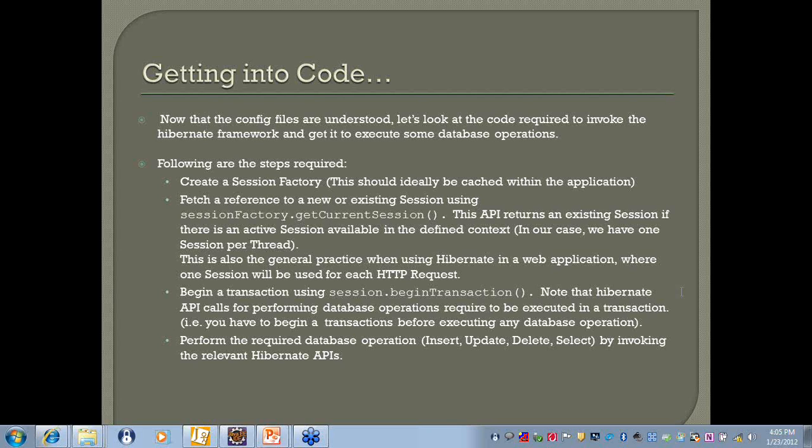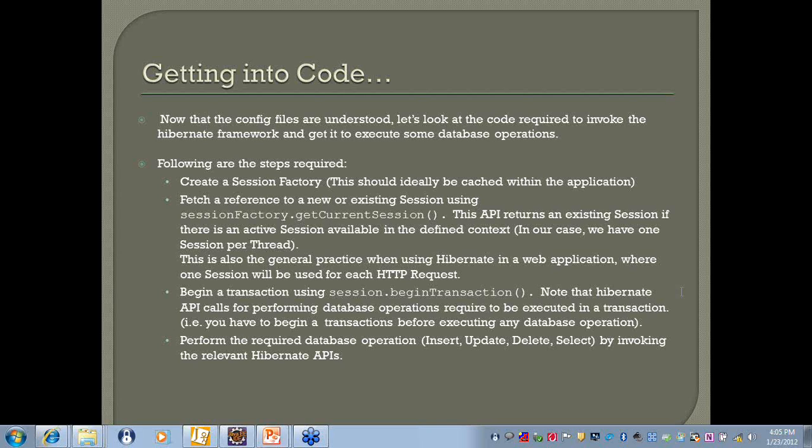In order to do that, you'll either have to keep passing the connection as part of the method signatures, or you have to make the connection available as a thread local variable, maybe at your HTTP request level. So this is the problem which Hibernate was trying to solve, and it has given you a method called get current session.